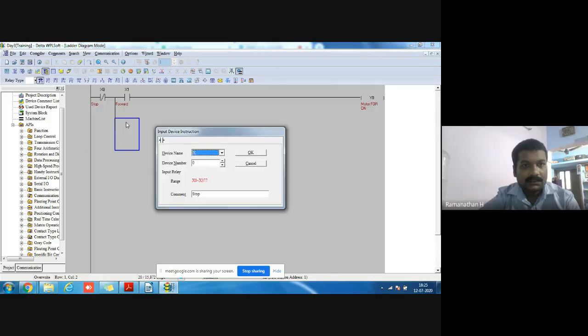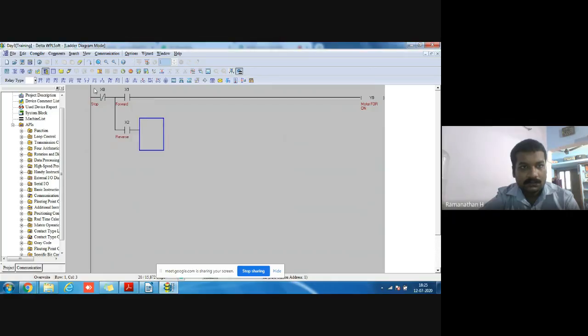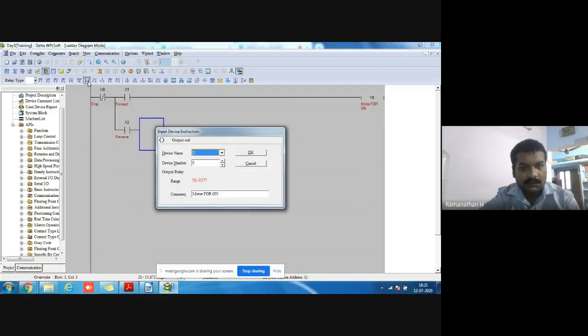Here I assign X2 for reverse, and here I assign Y1 for motor reverse on.